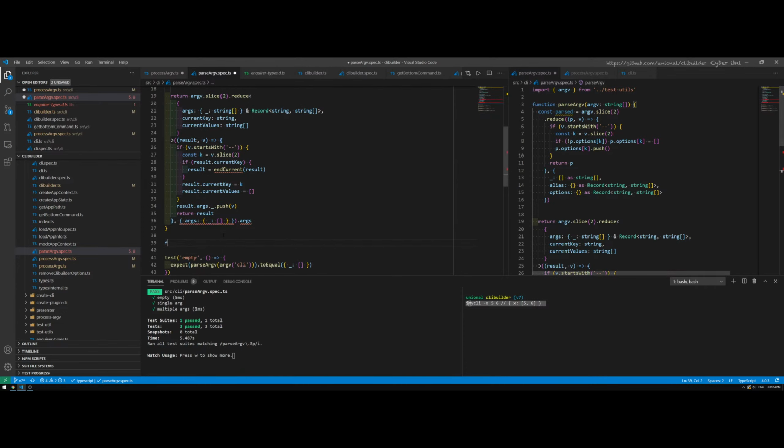All right, and then have a function called endCurrent, and what it does is move the value that I get and put it into the actual thing. So return